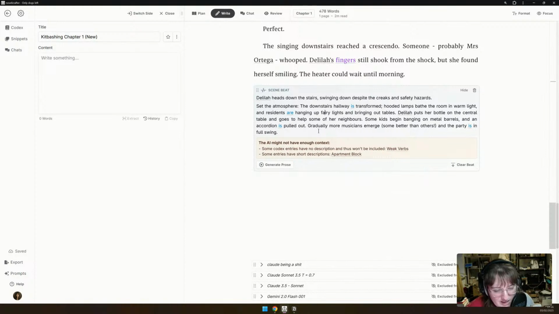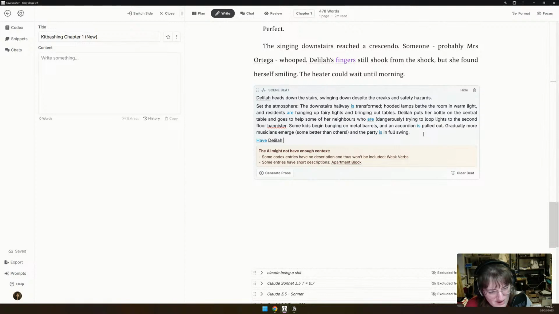Delilah puts a bottle on the... Dangerously trying to loop lights to the second floor banister. Her neighbors getting into the mood.